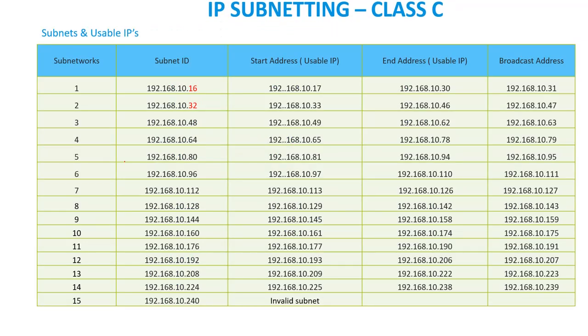So forming a table now, take the numbers like dot 16, dot 32, dot 48. So likewise, you have to keep adding 16. So 15 subnets, and we'll not be able to use the last subnet because it is matching the broadcast IP address. So we are not going to use the last subnet. So only 14 subnets are there, and you have the IP addresses that can be used within the 14 segments. Each segment has a broadcast address that is also mentioned here.